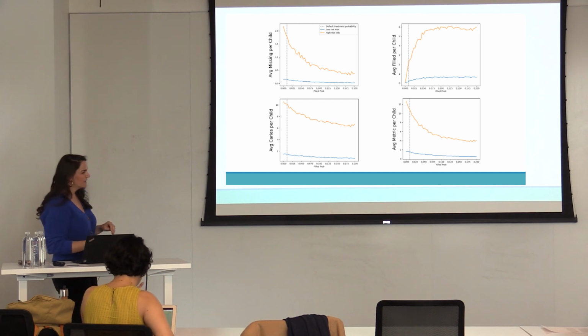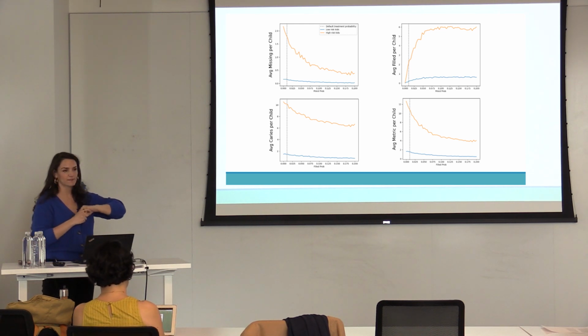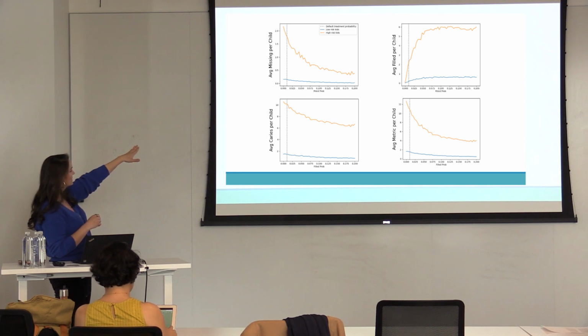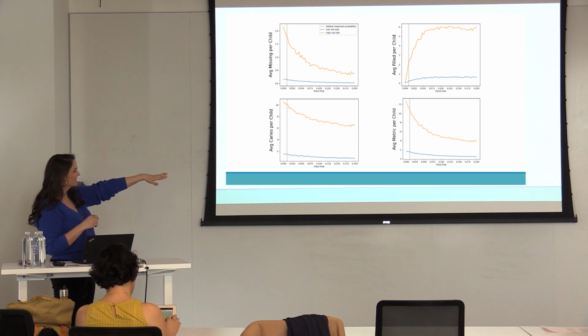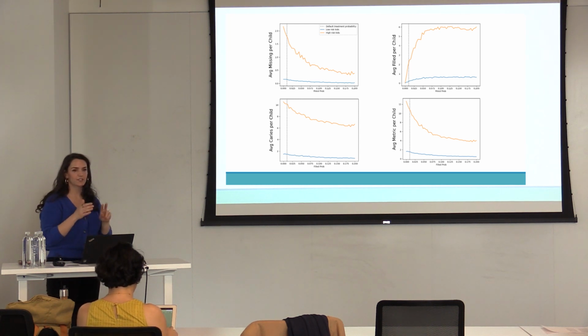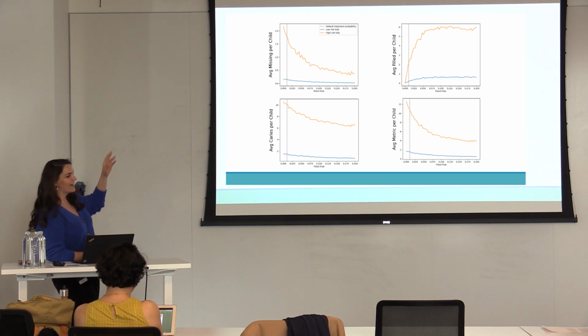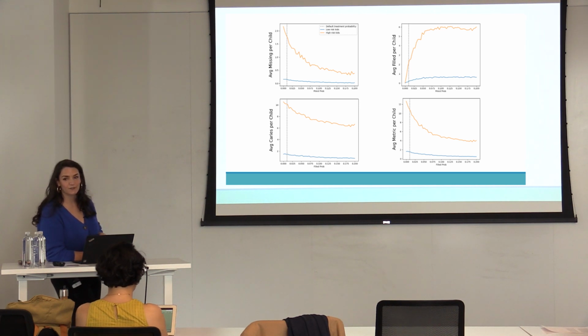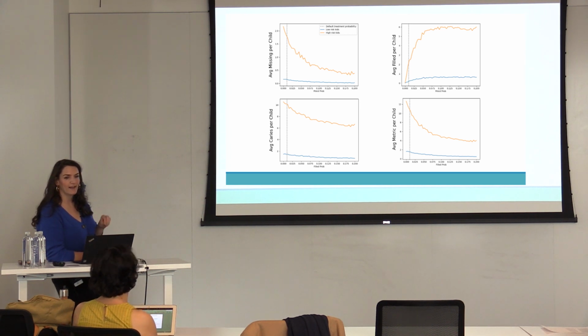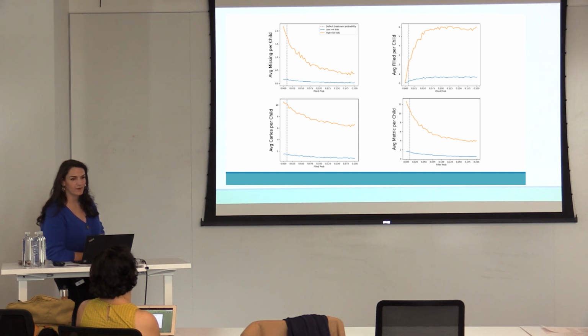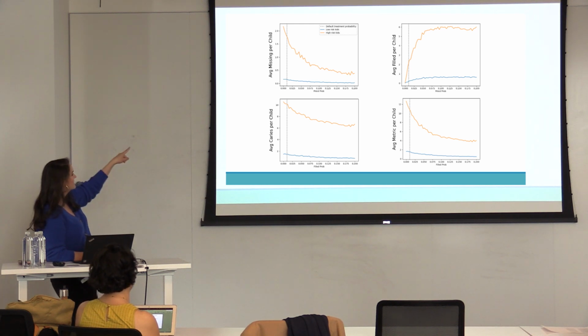And so what we found was, so this is looking at different outcomes. So the average number of missing teeth per child, the average number of filled teeth, the average number of caries, and then there's a combined metric that looks at untreated decay, missing, and filled teeth. So if we look at the top left, we have the average number of missing teeth. Now, teeth go missing due to caries when they're untreated. All right, so this is kids who have had a cavity for so long that it has become so invasive that they have to go straight to the operating room and have the tooth pulled or pulled at the dentist. And so that's missing due to cavities.